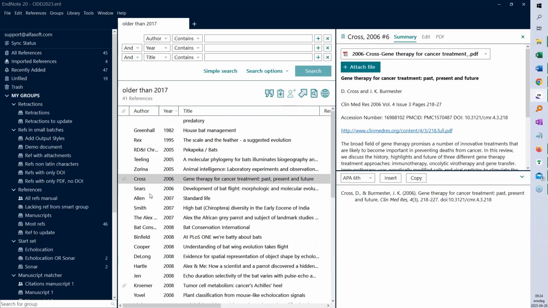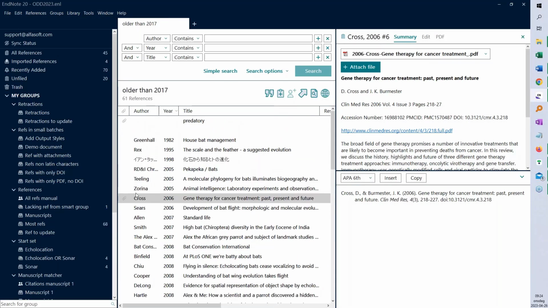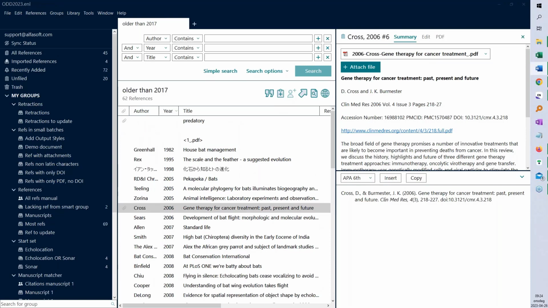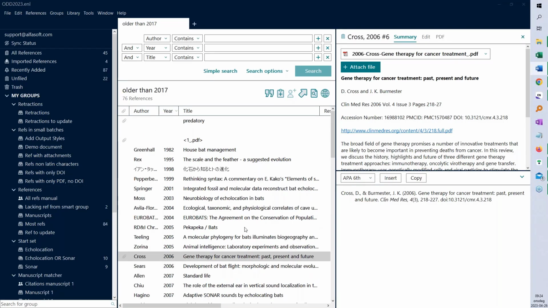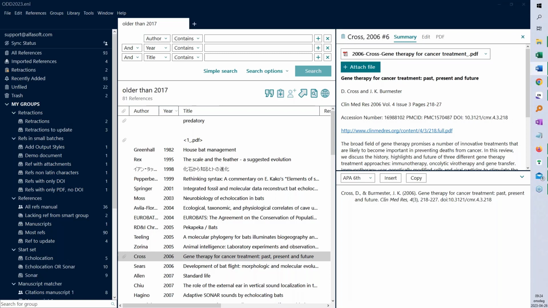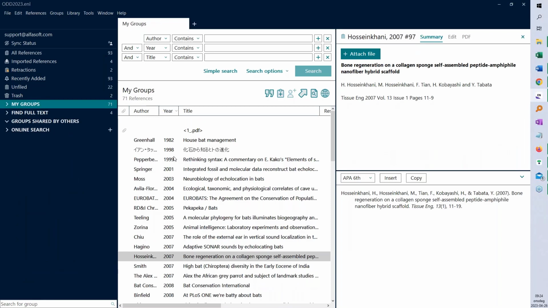And right now it's synced, and of course I did what I was not supposed to do. So I did what I warned you about. I already had information on my EndNote Online account, and it synced all that down to my local computer. So what it's doing right now is syncing everything that I had on my EndNote Online account to my local computer, and everything that's on my local computer is synced up to